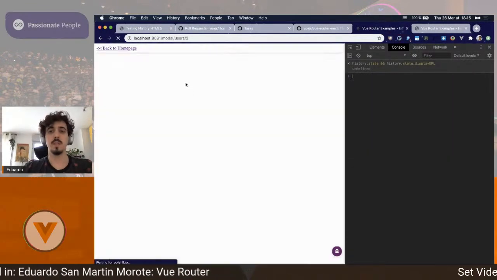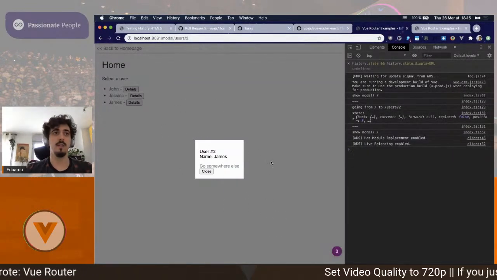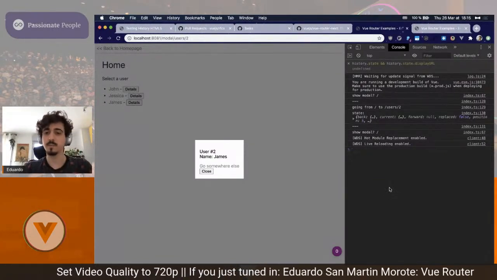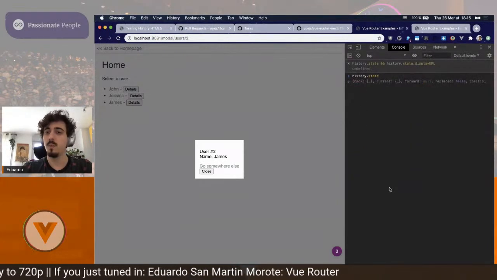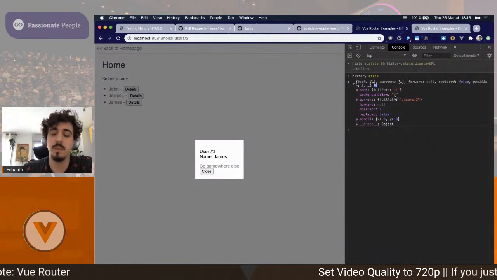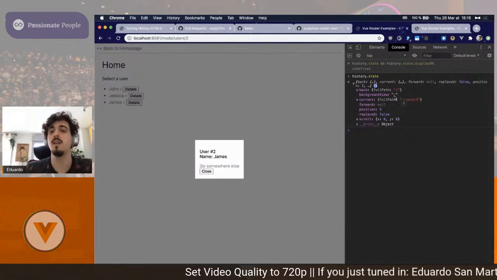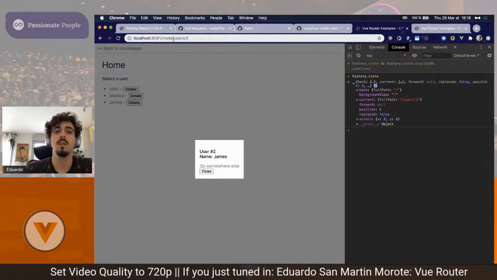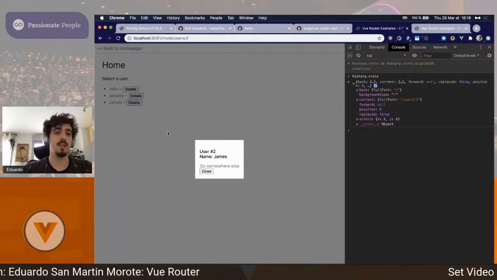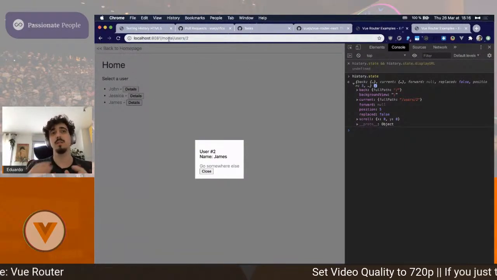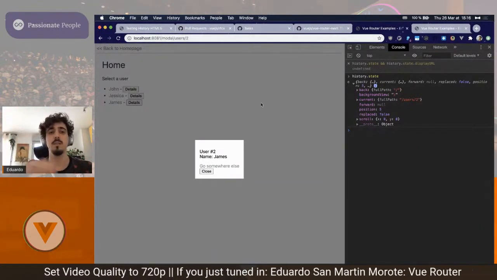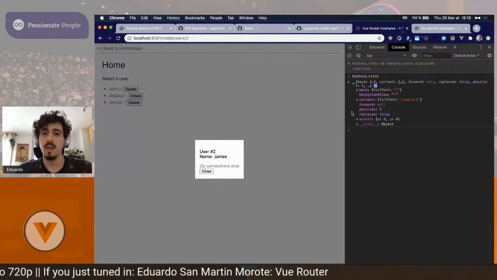So the thing is, if we reload, we're gonna still see the modal and everything because we saved that in the state. We can remove that if we want before leaving, but we're gonna see that here we have this new property background view, which means that by default, in this entry, no matter what the actual URL we have, we want to display the home. The home is this page you're seeing here. The reason we don't see /modal is because that's the base of the route. So it comes before and it's ignoring all the routes. It's only used for the link generation.